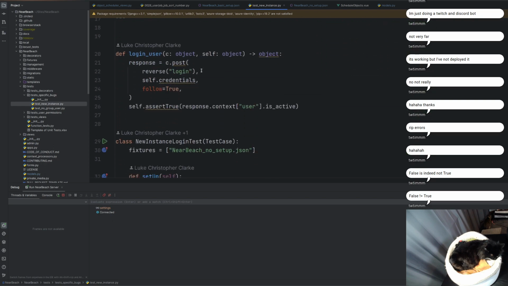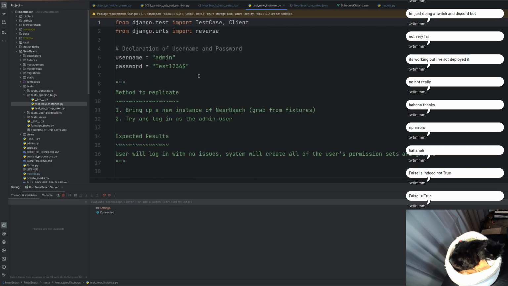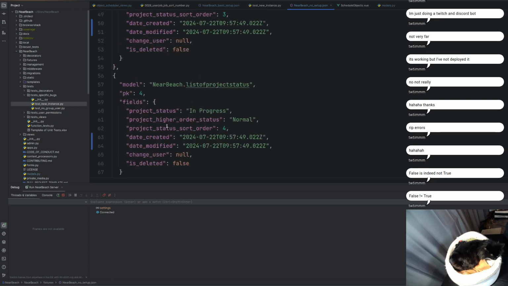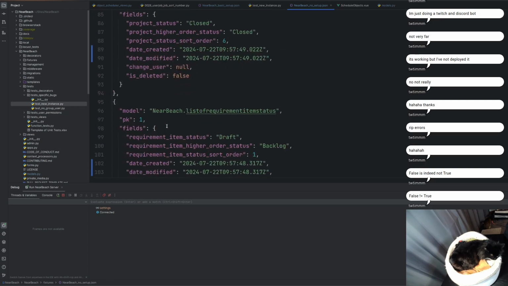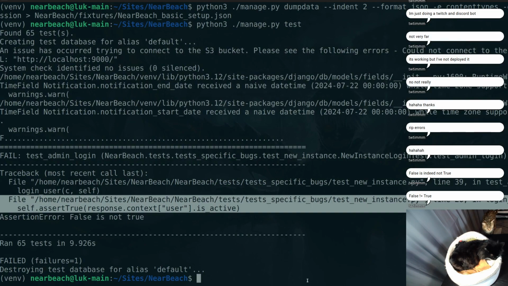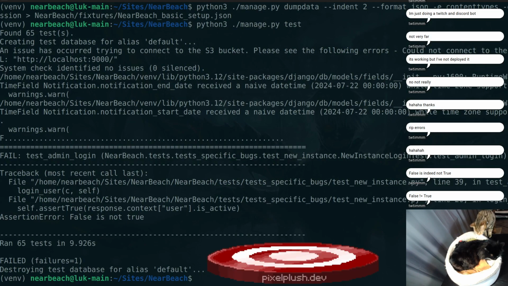Now, I'm starting to have a feeling I didn't do this one correctly. So what we've got to find is user admin in here. And no, they're not. I haven't done this one correctly. So,